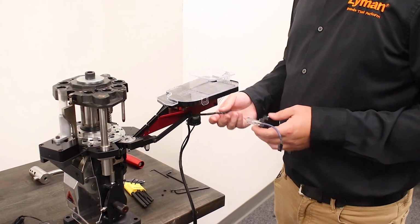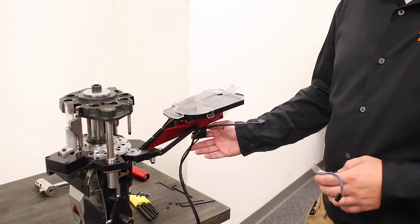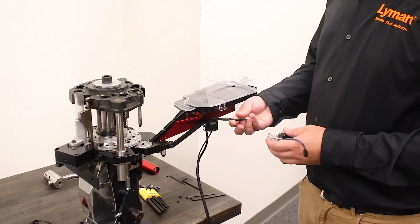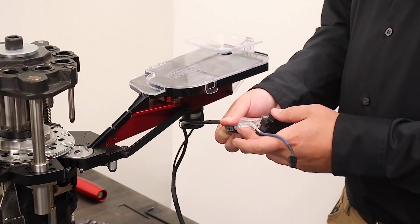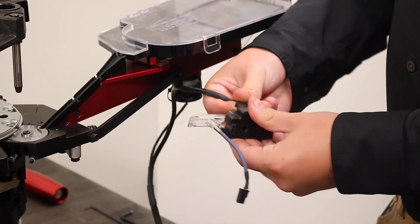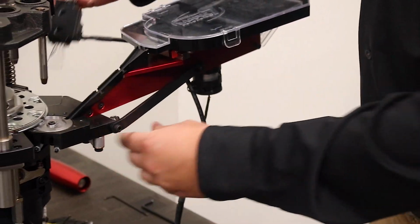To install this, first things first, we're going to look here at the motor on the bowl and chassis, and there's 2 main components. The short end here goes to the ramp. We're going to look for the plug that is on this. We're going to simply evenly push it in until we hear a click. I'm going to bring it around